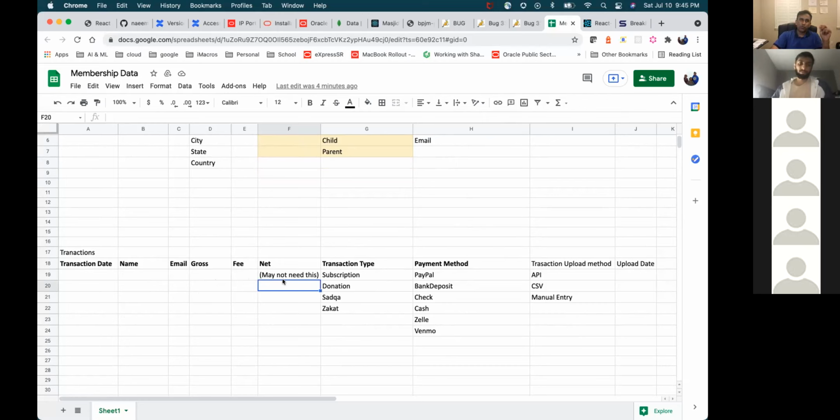Because when you make a payment with a credit card, let's say you make a payment of $100 to the MHMA, MHMA does not always get $100. They will probably get somewhere around $97 or $98, because a couple of dollars or $3 is charged by the payment processing company. So that's the fee here, and then the net amount,